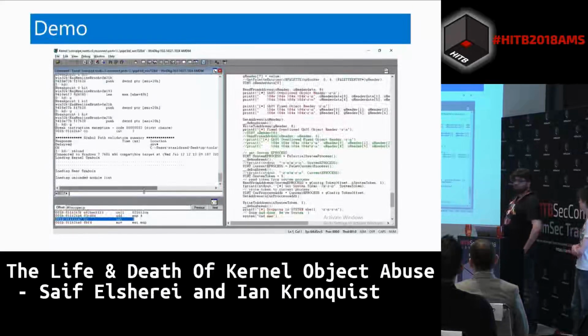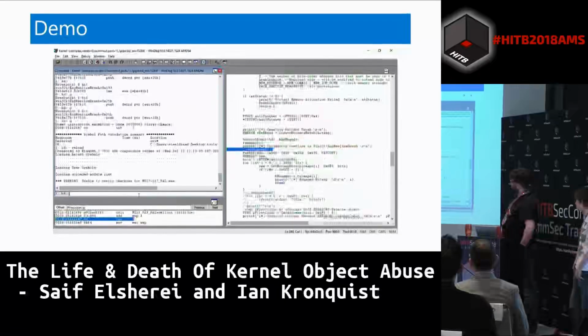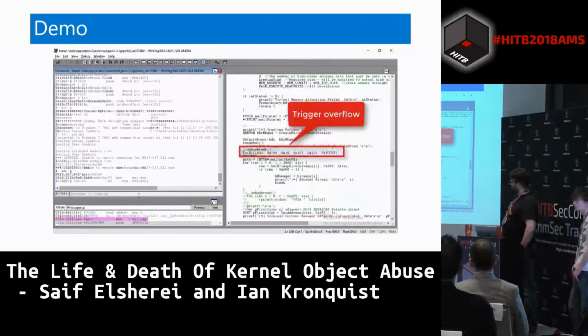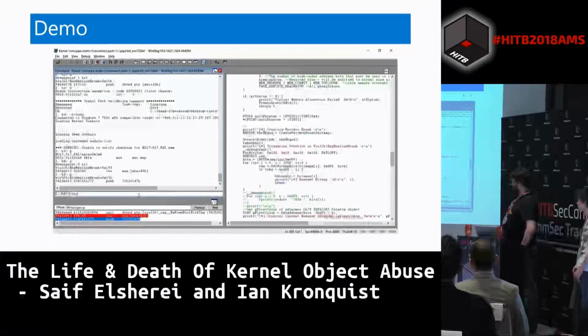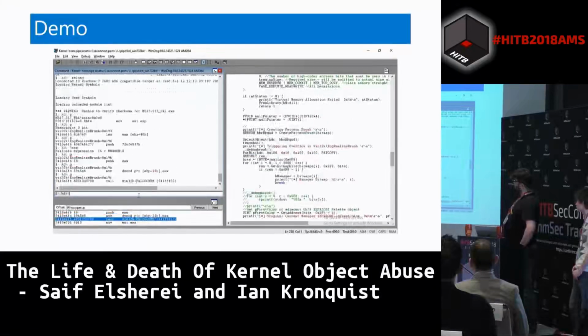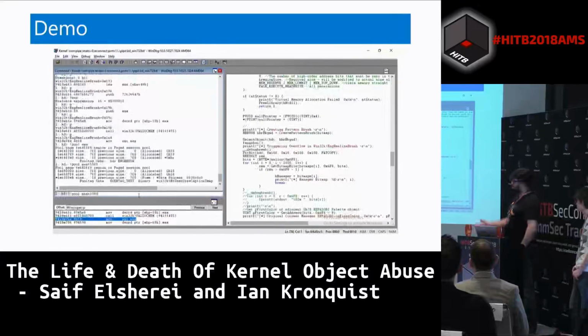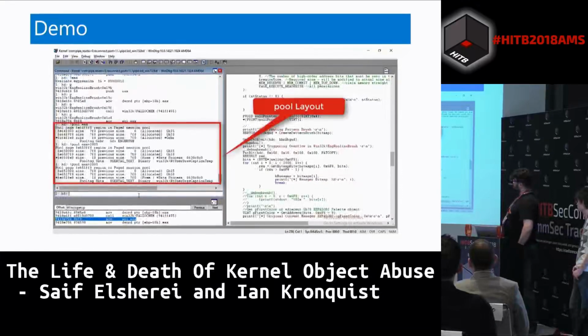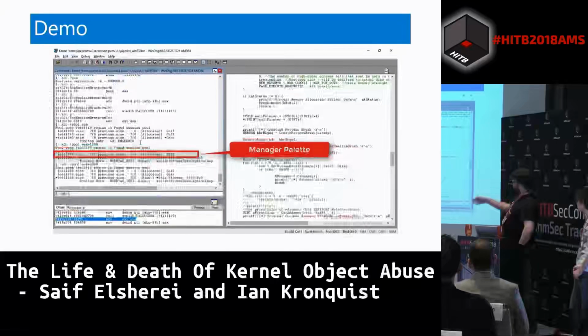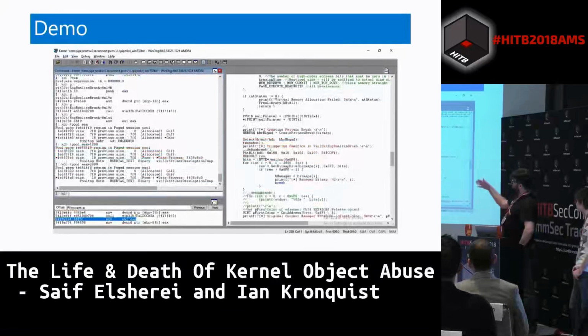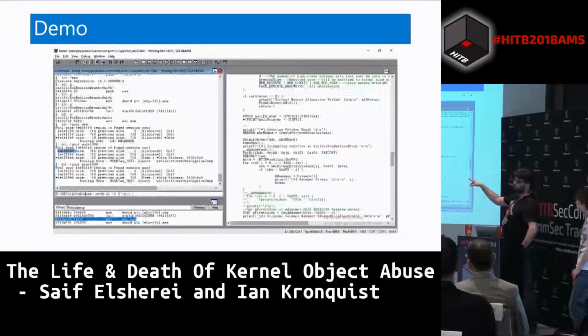Just adjusting the symbols there. So I triggered the overflow. You can see that the memory getting allocated is 10 bytes in size, which is not what the object expects. Next part in the function, you can see how the pool is in a deterministic state. I allocated bitmaps and palettes in a certain series of allocations that got the pool in a very deterministic state, and our object is allocated at the end of the page just before one of the bitmap or palette